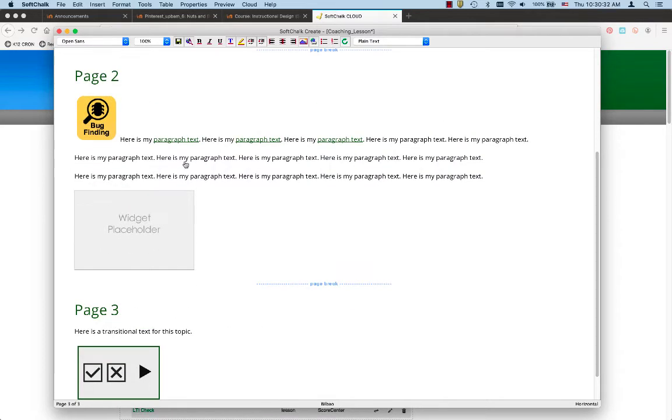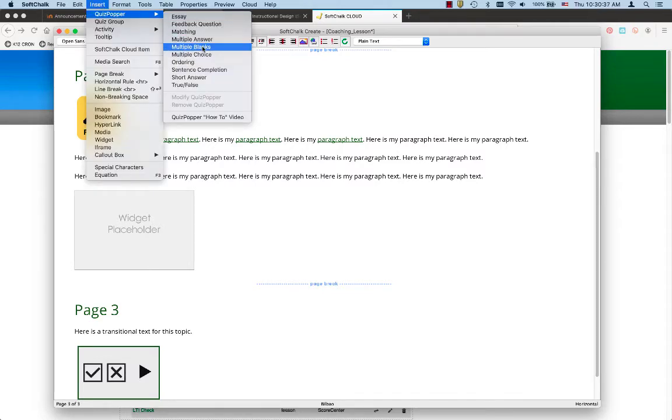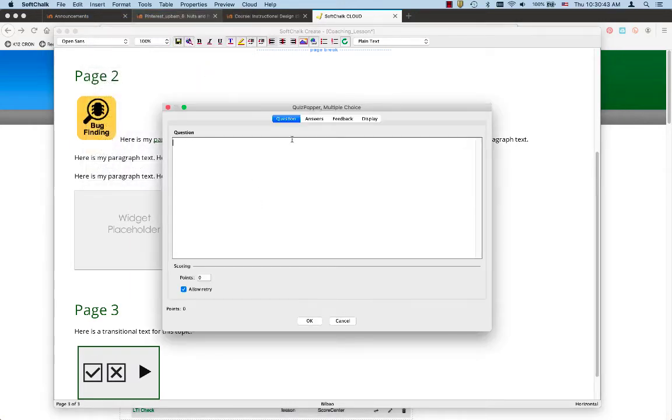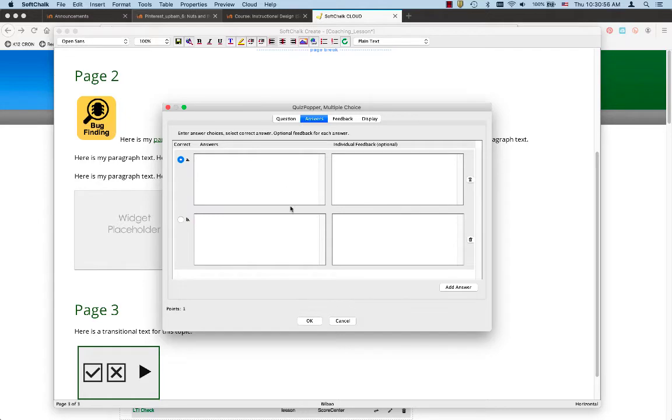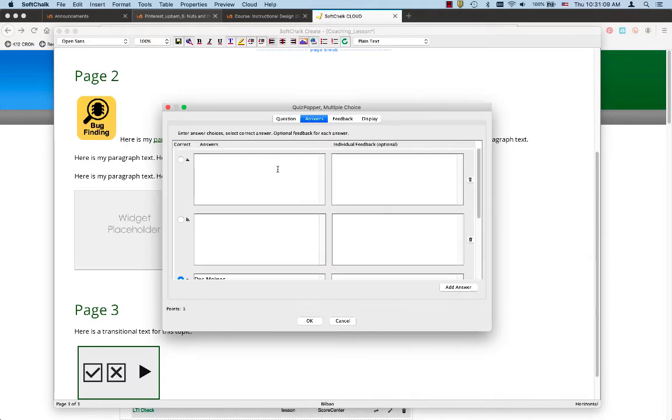Let me go in and add a separate one really quick before we take a look at that. And this time, let's look at a multiple choice one. I'm going to go ahead and make a point available for that. And for the answers here, again, it starts with just 2, so I can add a couple of different answers, and we'll make C the right answer in this case. Put in a couple other options,